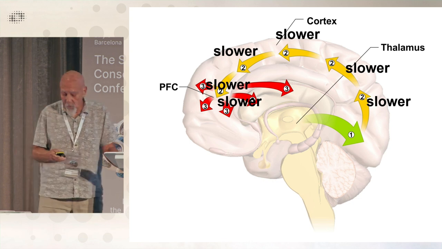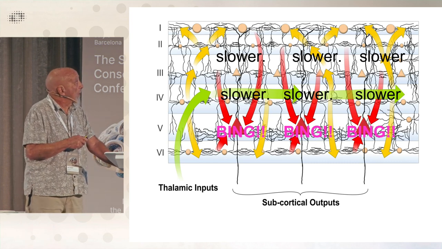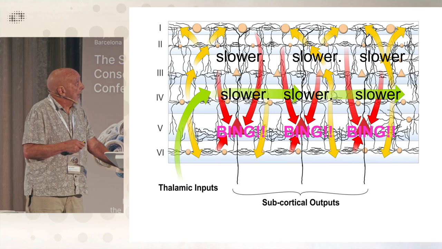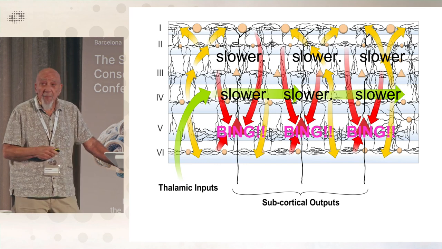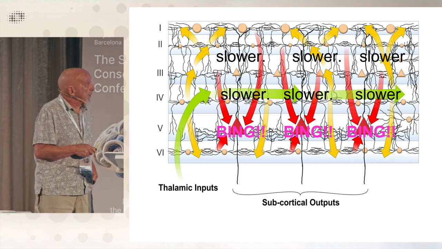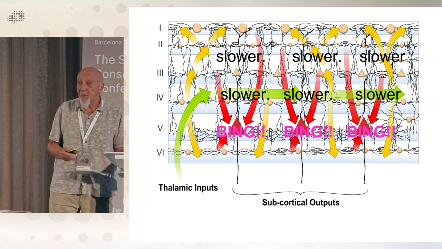And then we get to the cortex and the 6 layers, and these come into layer 4, and then they go to 1, 2, 3, and 6, and then they converge on layer 5. And we know, at least coming from the top, as they come down, and Matthew Larkum is going to talk about this tomorrow, I think, coming down the apical dendrites slower, slower, slower, until they get to the pyramidal cell body, which is where I think consciousness is most likely to occur, particularly because these pyramidal cell bodies are linked laterally by basilar dendrites, which span the whole cortex, kind of a blanket over the whole cortex,